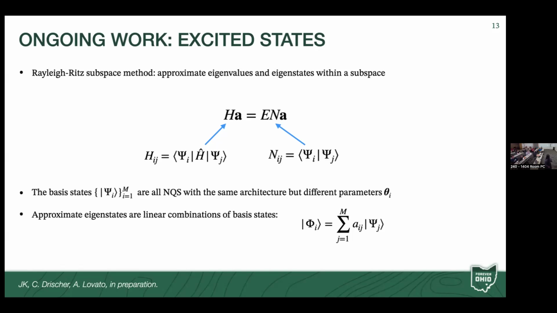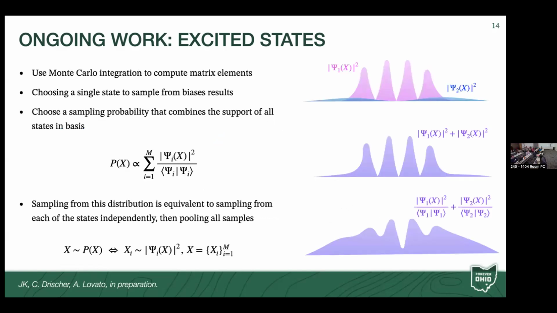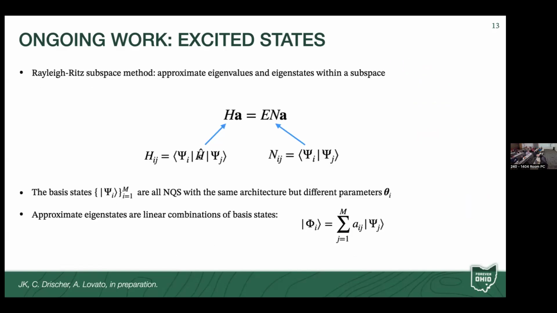Usually I'm somewhere between 3 and 8. All of these parameters will be evolving during training. After I solve the generalized eigenvalue problem, I end up with new approximations of eigenstates as linear combinations of these things. The key thing is getting these coefficients. And just a technical detail, when we compute these matrix elements here,